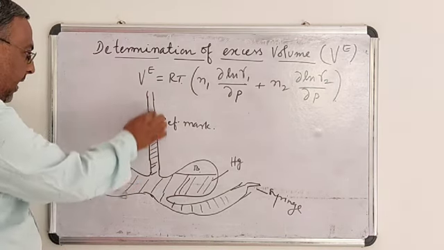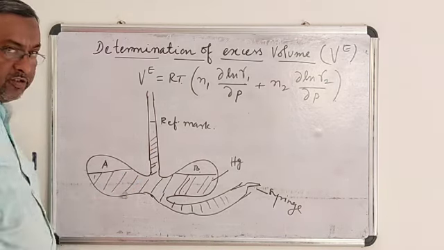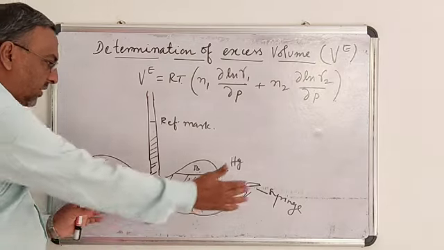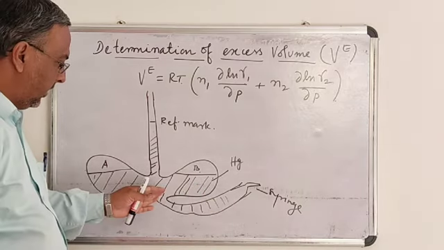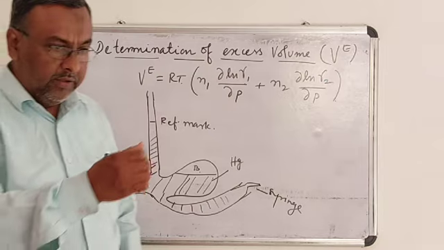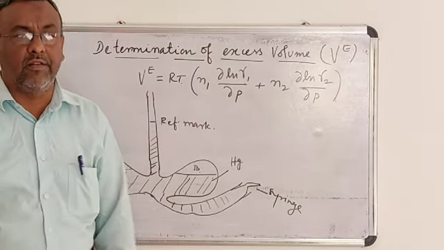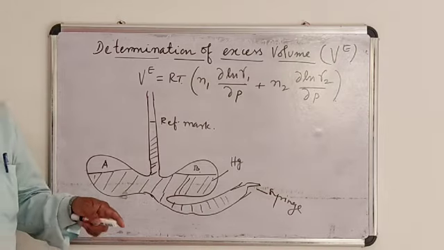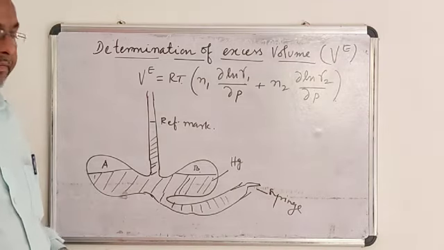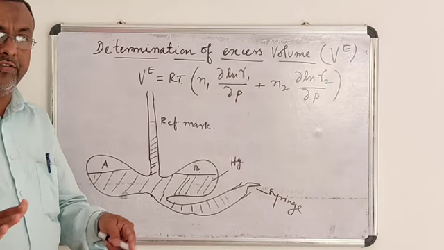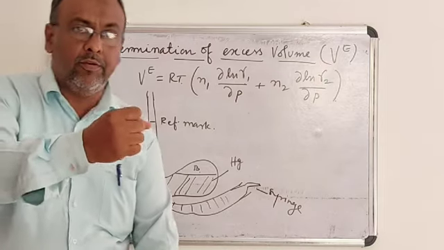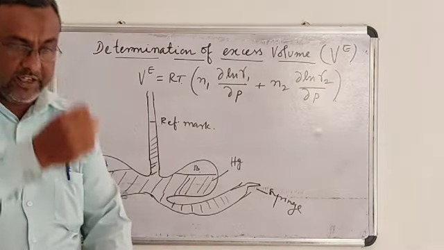And there is a capillary tube in which there is a reference mark. After filling the two solutions in the dilatometer, it is kept in a thermostat for about half an hour. After attaining the equilibrium temperature, when the temperature remains constant,